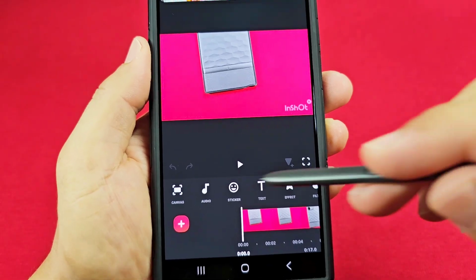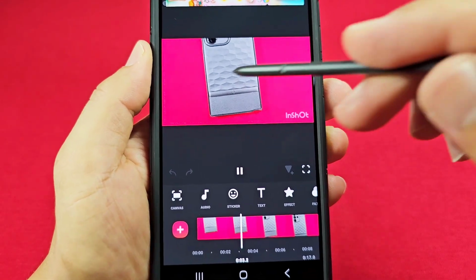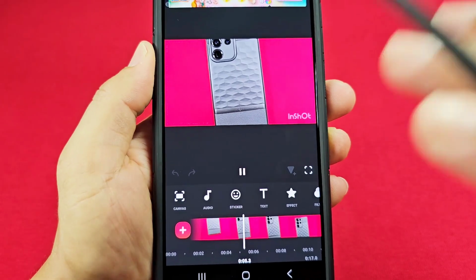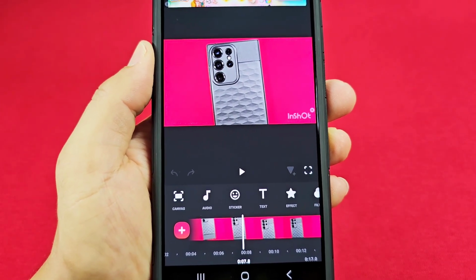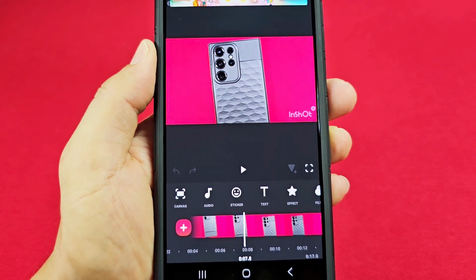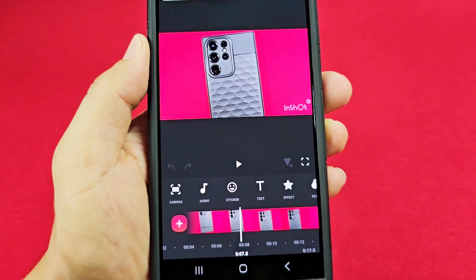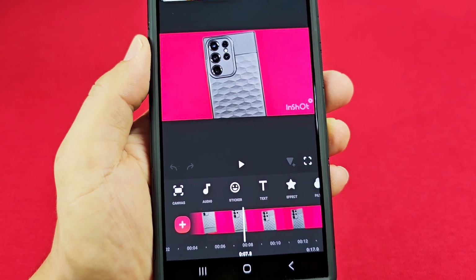So let's say you have a video that plays something like this here, and you just want to keep the content here and remove the background, then save that video and place it onto another video to use another background. So to remove the background, you will need to use the Chroma tool. And again, make sure you have the latest update, because before you couldn't remove the background of the main video